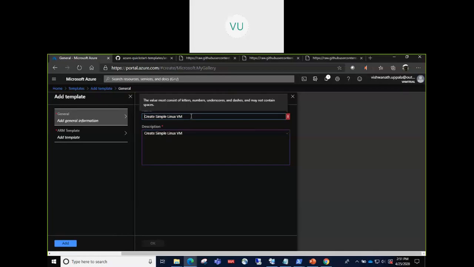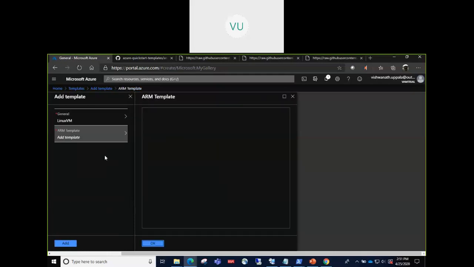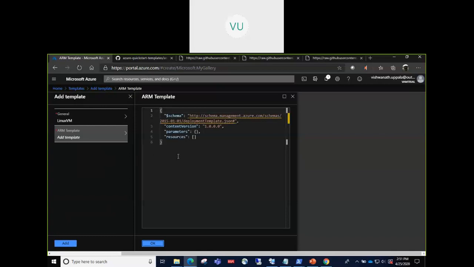Okay, it doesn't accept spaces, so Linux VM.